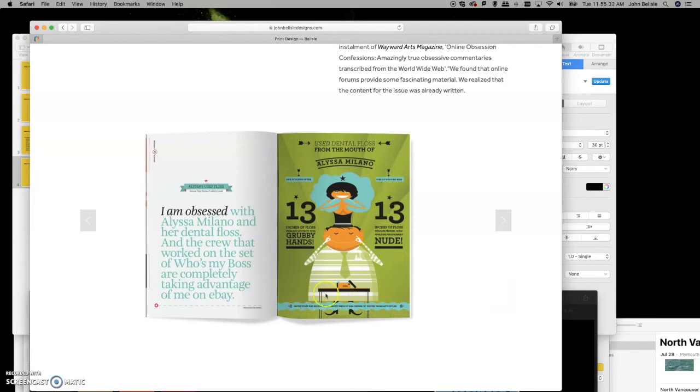So I did this illustration here of this dude holding this dental floss with a big smile, and up here he's kind of imagining her flossing her teeth while she's naked. So, and then on the side